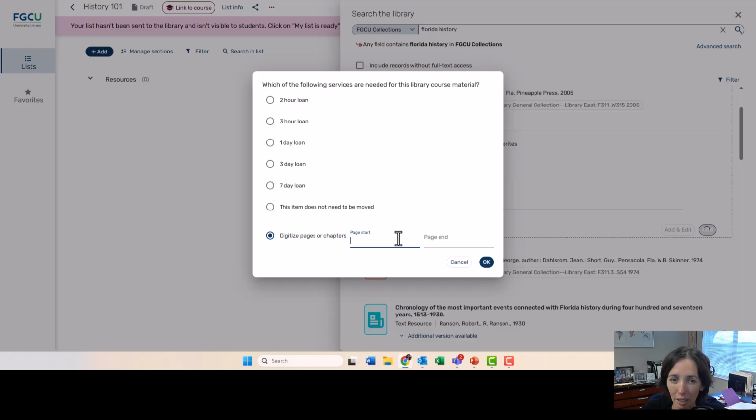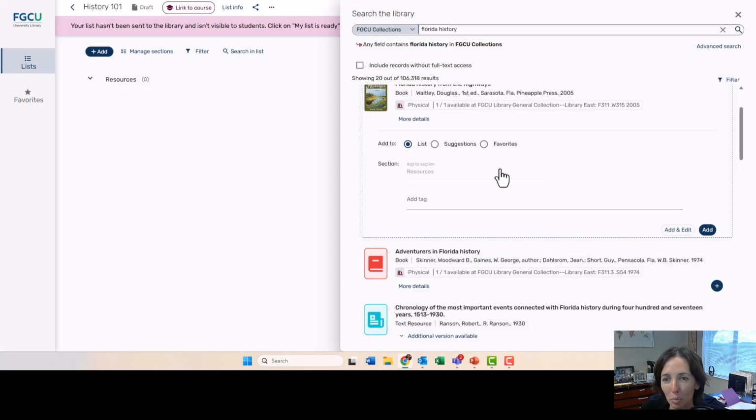But if I knew I wanted pages 15 to 30. I suppose if I really didn't know the page range and I wanted to cheat a little bit, but I know it's chapter 2, I could type that in there too. And I would hit OK. I won't do it so I don't confuse anybody today, but once you do that,